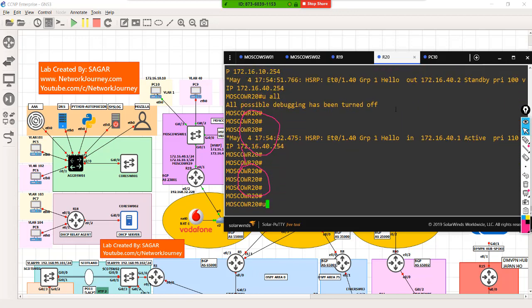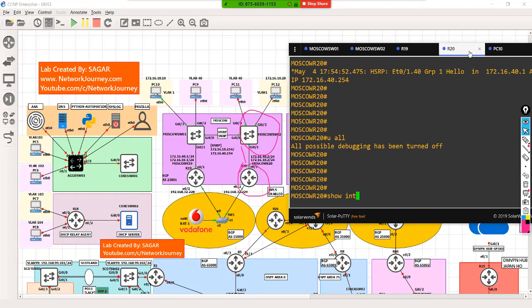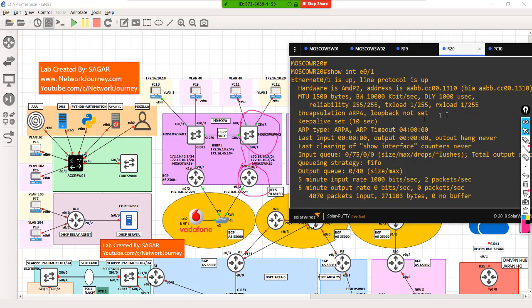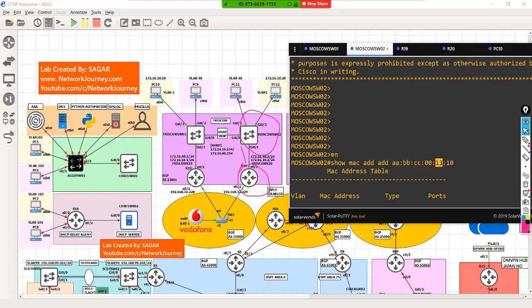First let me turn off the debugs there. Okay, now let's check what the MAC address of 0/1 is. Okay, 1310. So is that the MAC address I'm trying to find out, right? So this is 1310. So what is this MAC address?